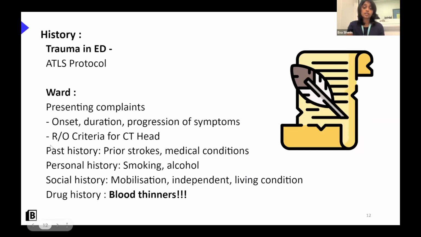You check on the onset, the duration, how the symptoms progressed, how long, what were the steps, which came first or which came second, how long did they last, which led to what. You kind of go into all the details of it. And obviously you rule out the criteria for an immediate CT head. So you ask mainly about vomiting, any significant ENT bleeding, or you look into loss of consciousness or even amnesia